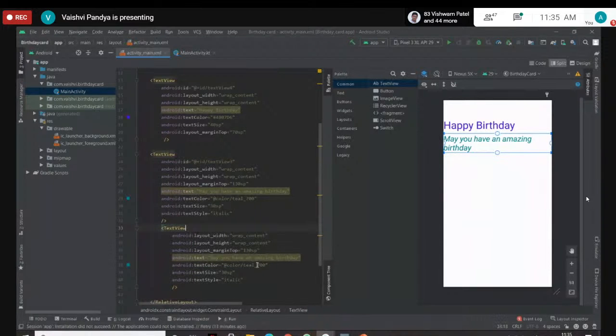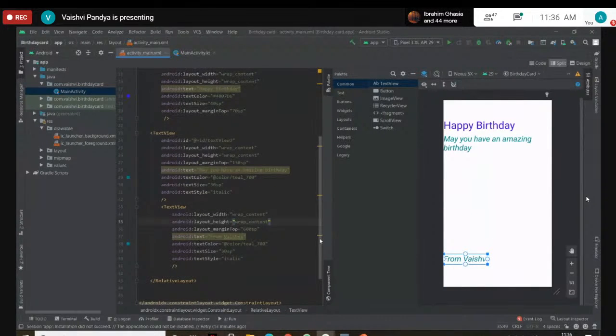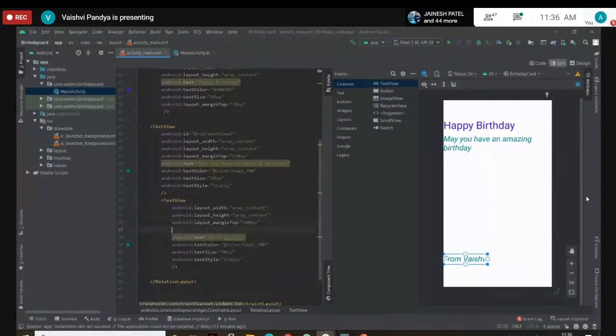Now here I have the same thing. I'll just write "from Vaishvi" here. Now I want this on the bottom right hand side corner. As we did with the margin top, we can do the same thing, like I'll show you. In the top margin I have put 600 as I wanted it below, but what if I want it on the right hand side? So I'll write